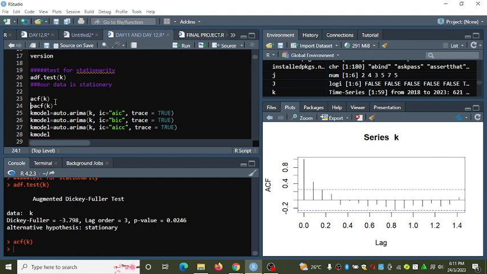So you are already familiar with the ACF plot and the PACF plot.